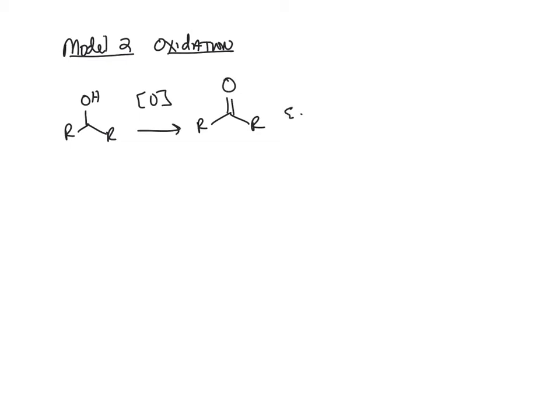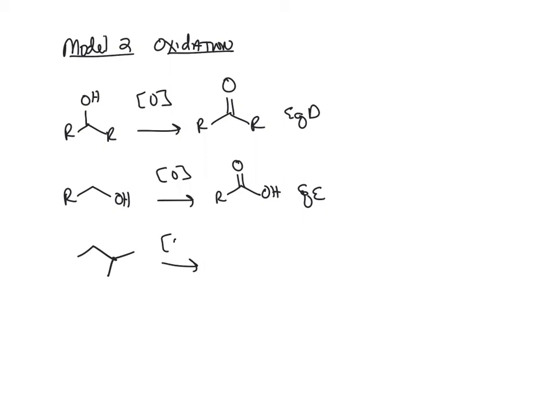And here equation D. Here we go from a primary alcohol, and we're going to a carboxylic acid here for equation E. And here we're going from an alkane to an alkene. That's equation F. And now for our oxidizing reagents,